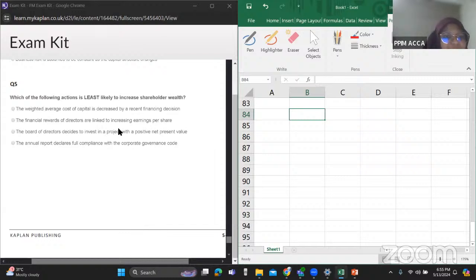The annual report declares full compliance with the corporate governance code. Okay, so what's this corporate governance code? It's like a code of good practice. Okay, so I don't want to go into that in detail. You can have a quick read through. But corporate governance, we actually look at it in another paper called BT, if you're familiar. It's basically where we make sure that any kind of fraud doesn't happen within the organization. Okay, so these are a series of steps that an organization can take to make sure that any fraudulent activity